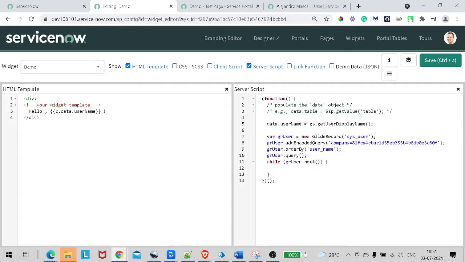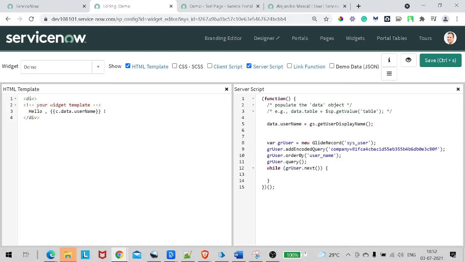But now how will we pass this data to the HTML template? That must be the question in your mind also, right? I know. In a similar way, if we can pass the username, we can pass anything, right? So you can create a variable. Let's create a JSON object, named data, equal to an empty object. In that empty object, let's